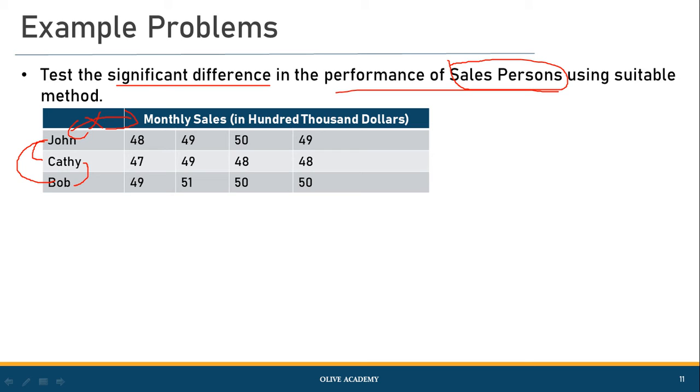And since it is not dealing with the relationship between John and their sales, Kathy, the salesperson, and their sales, the question is not that. We cannot apply chi-square, and we should probably use ANOVA, because the number of data sets is greater than 2, and we should use ANOVA here. Now, if you're not sure about what is ANOVA, please wait for my future video that I'm going to discuss about ANOVA as well. But in this case, it's not a chi-square problem, right?